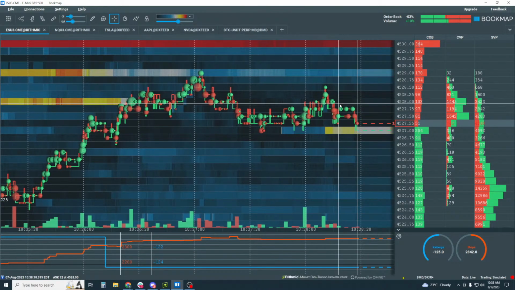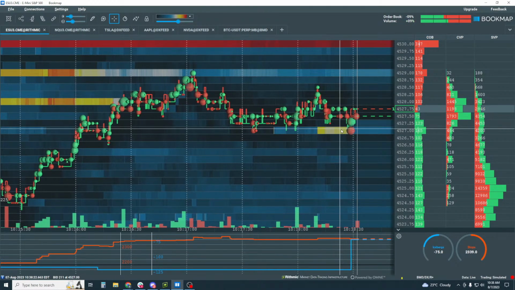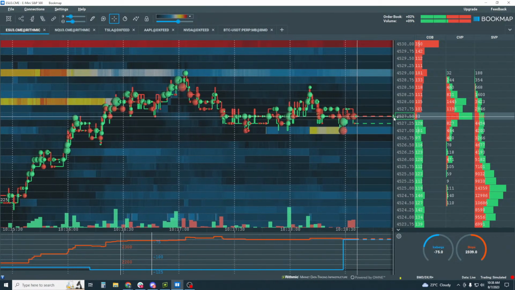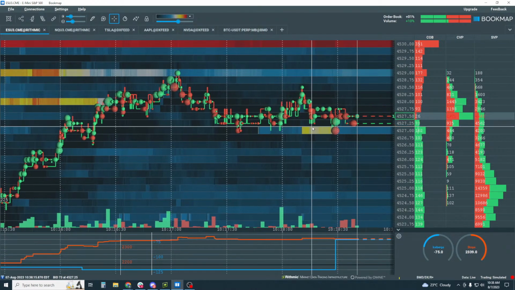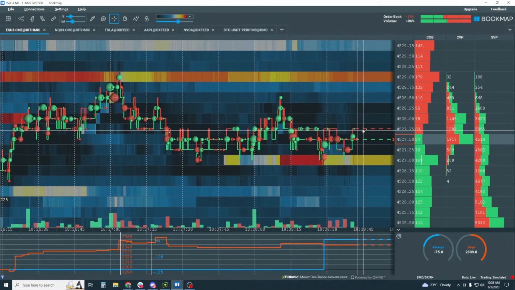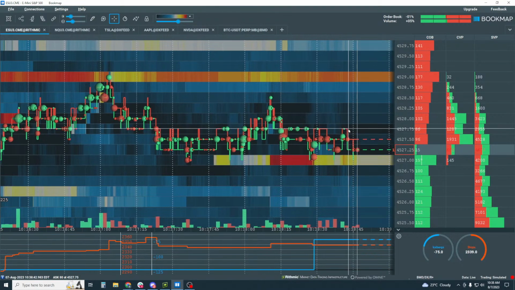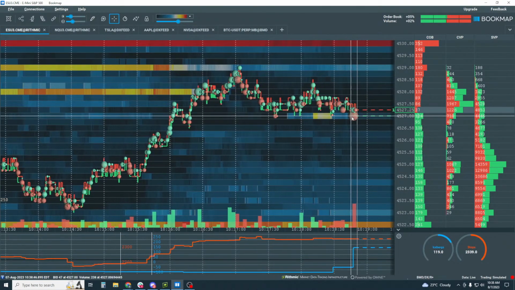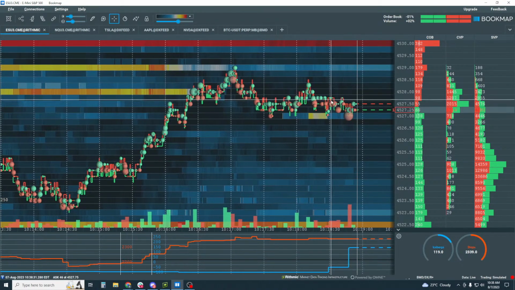Right now we have to get more buyers though. Okay, now we tested that liquidity at 27. Do we get our buyers? Not yet. Not yet. We've got to see them up here around 28 or 27 3/4. There they are. There's a few. Now that's not much. That's not enough. We need to see conviction here. In fact, the conviction looks more on the sell side here. We're really watching this little area here. It's about a point wide.